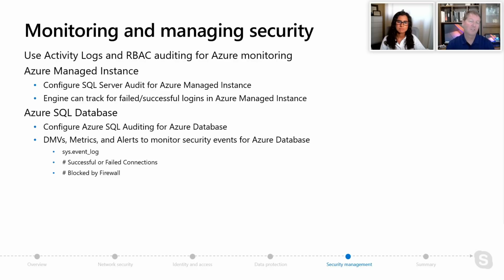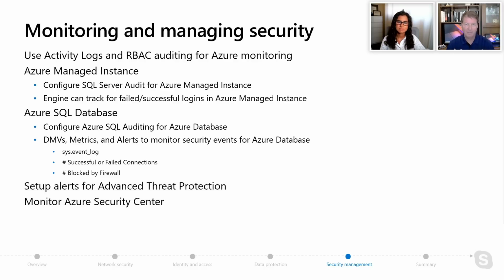And then finally, one of the things you're going to do to manage security is set up things like alerting, not just the alerts we talked about here for audits, which you can do, but we're going to talk in a second about something called advanced threat protection. So you're going to set up alerts for those kinds of things, and we'll show you in a small demonstration in a second. You're going to want to monitor something called the Azure Security Center, which you're going to love, a complete package of what's going on all across your Azure enterprises.